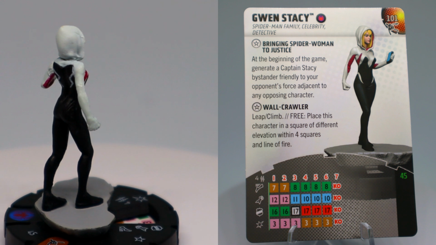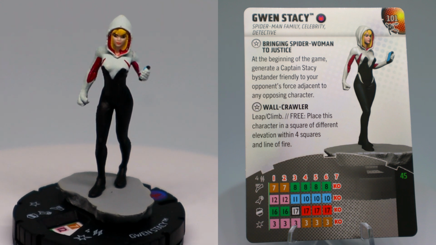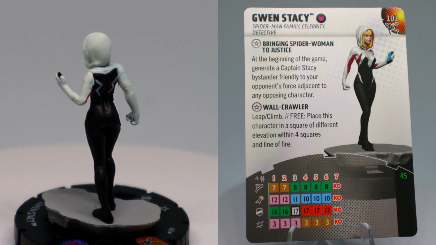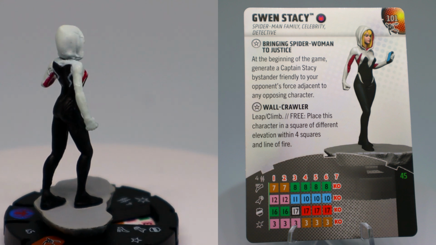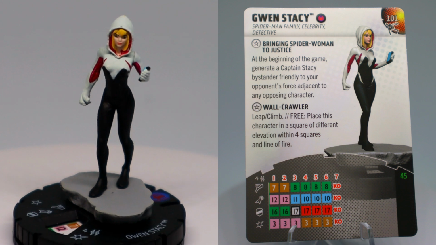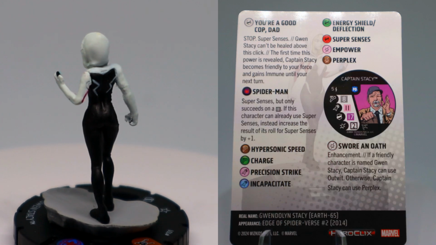She's got 7 movement, hypersonic, 12 attack, precision strike, just a 16 defense with energy shield, some empower with a 3 damage, 4 range, double target. She's only 45 points, so I think those are some pretty good stats overall. Defense could be a little higher, but otherwise, we do have on the back of her card a stop click,